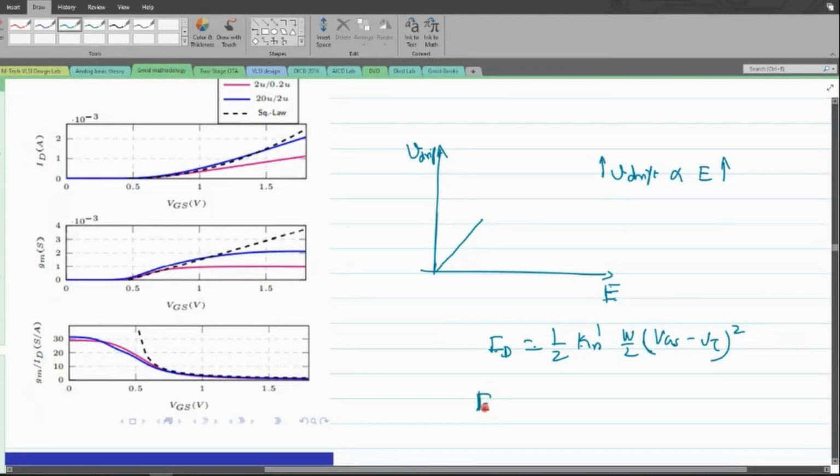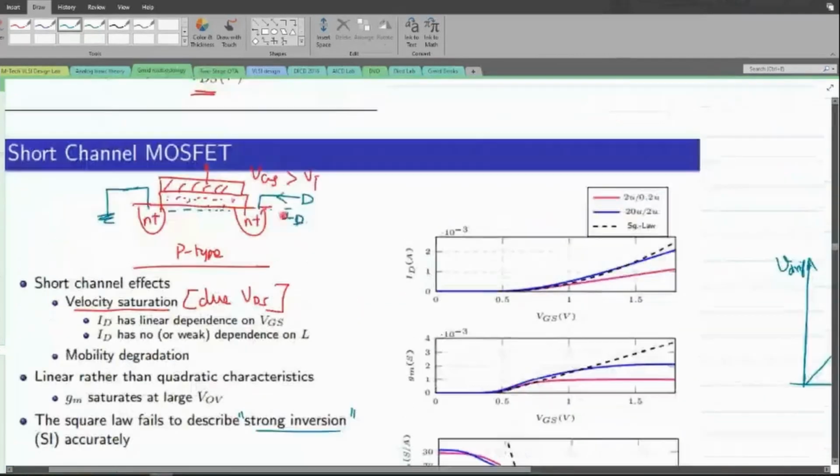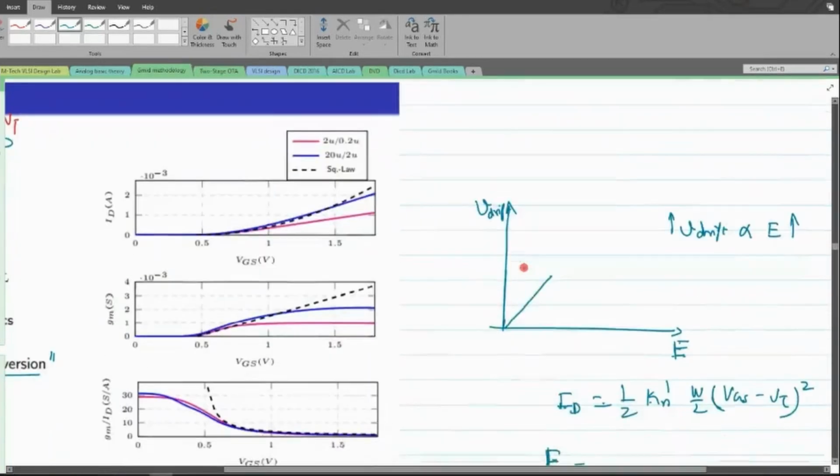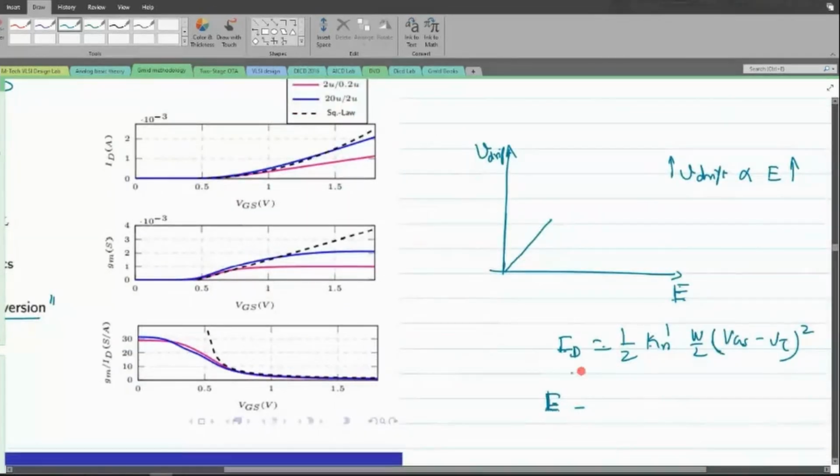The electric field is a field that exists between the source and the drain. Whenever we have a potential difference between the drain and the source terminal, it creates an electric field between these two nodes. Because of this, the carriers move from one terminal to the other with a particular velocity, and we call that velocity the drift velocity. This entire current flow is derived based on the drift velocity mechanism.